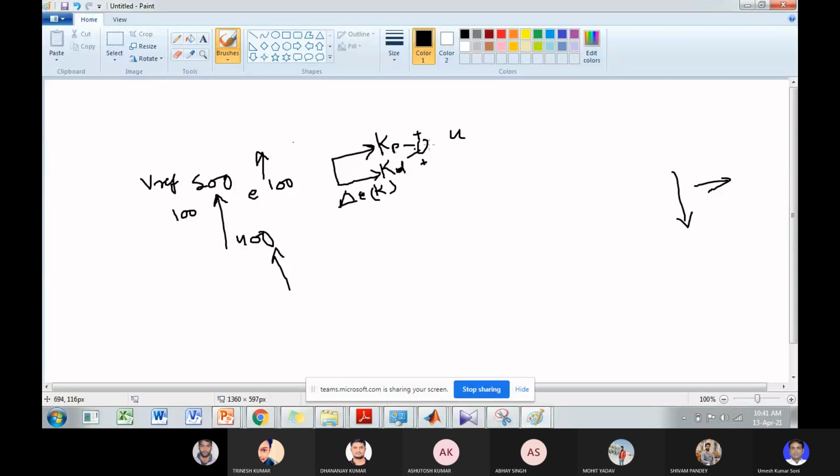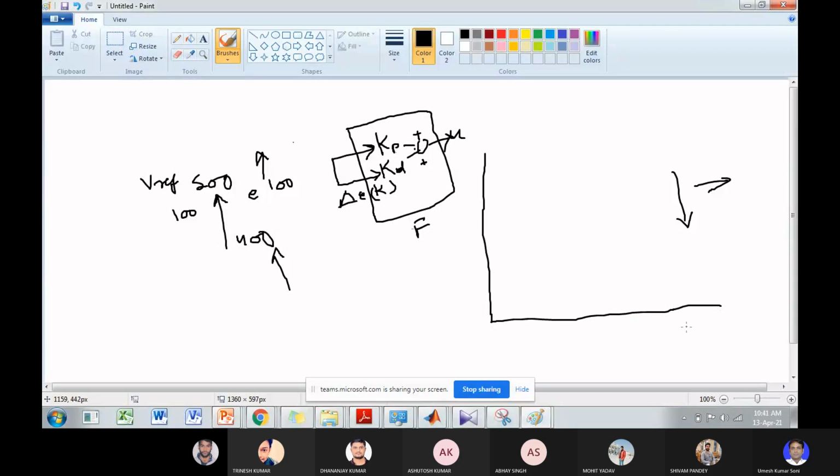Okay. So in a fuzzy logic controller, this can be modeled as a fuzzy logic controller. So what can be our rules? Suppose we have three values of this error and change of error. Suppose our error is low and the change of error is also low. Then what is the actual output? This is low.